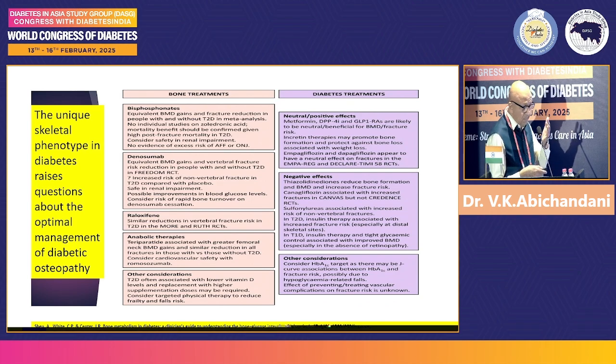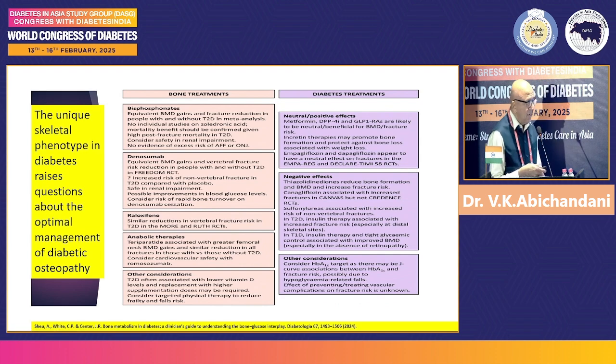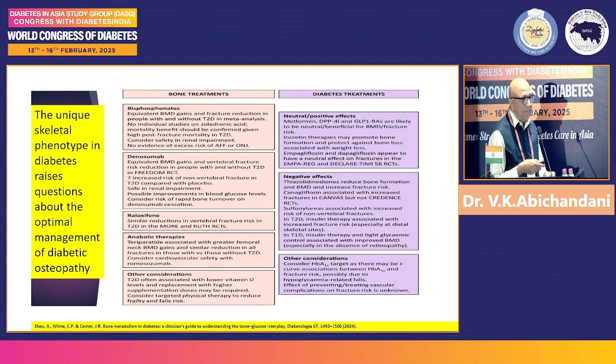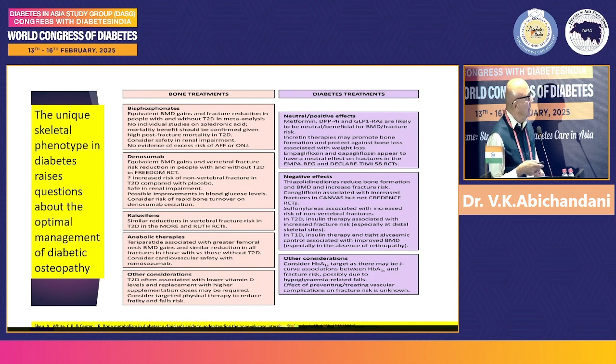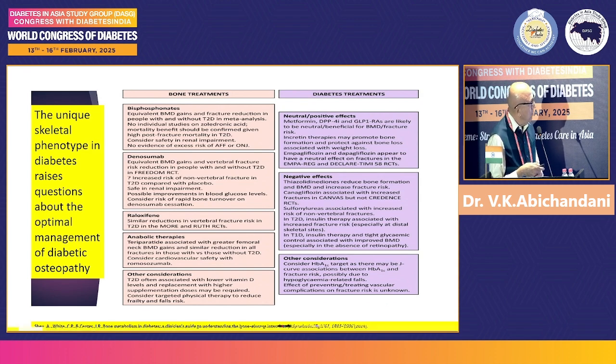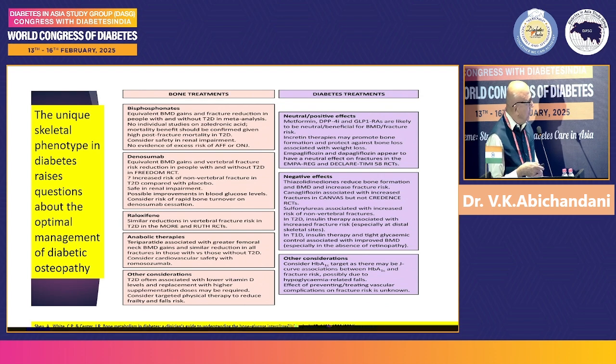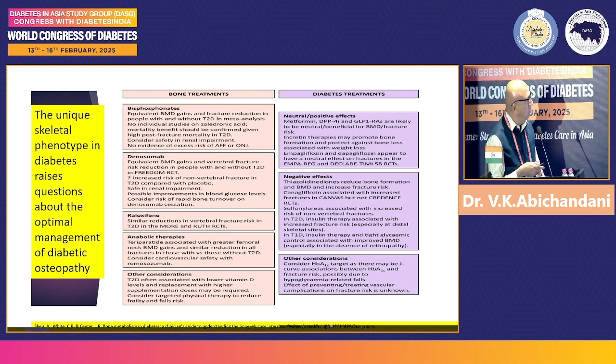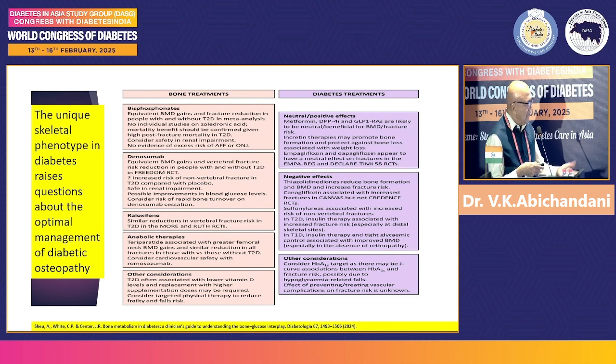And out of the armamentarium that we have at our disposal, neutral or positive effects are carried by metformin, DPP4 inhibitors, and GLP-1 receptor agonists. And GLP-1 receptor agonists, despite inducing weight loss, have been proved to be bone friendly. They don't promote any bone matrix loss. And empagliflozin and dapagliflozin are two of the SGLT2 inhibitors which have been absolved of any crime of creating osteoporosis